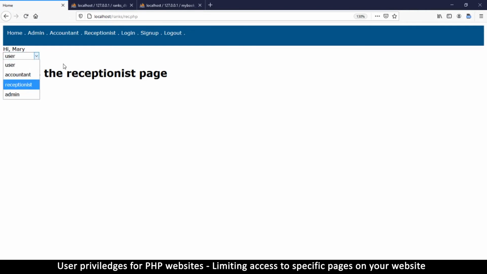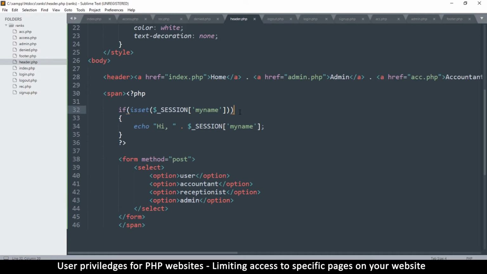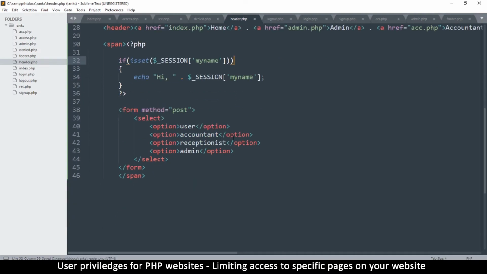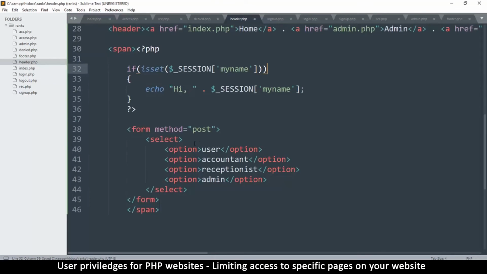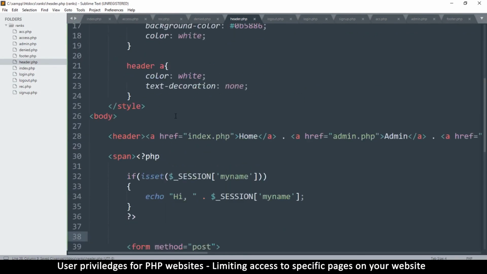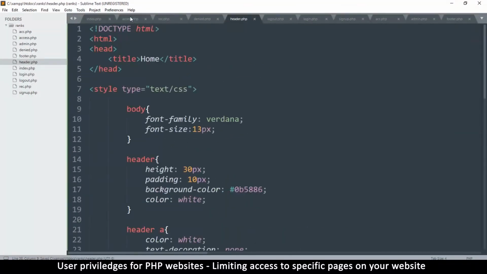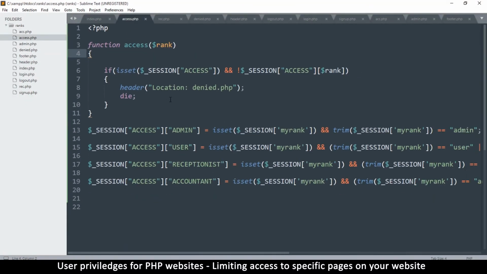So now what I want is to use the rank to show this selector. So I want only the admin to be the only one that can see this selector, only when you're admin. So we can use access levels as well to choose exactly who sees that. So here, let's put an if statement, for example. We'll put an if statement, but for a second, let's come back here. So here, the thing is,